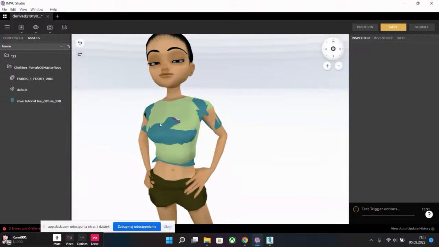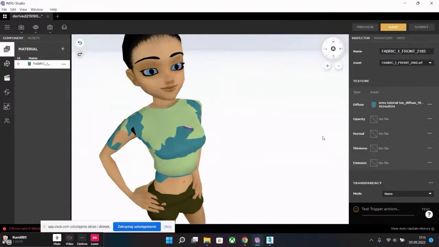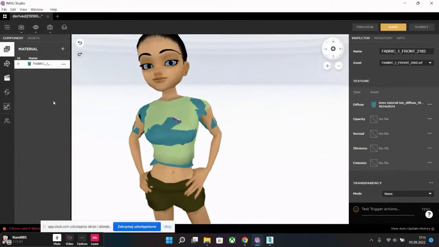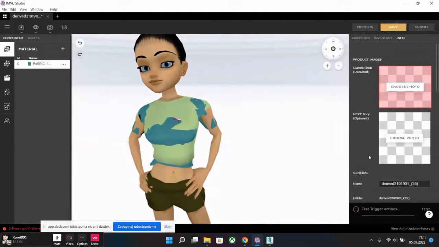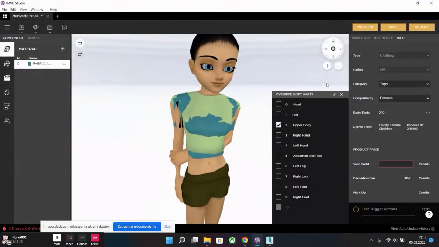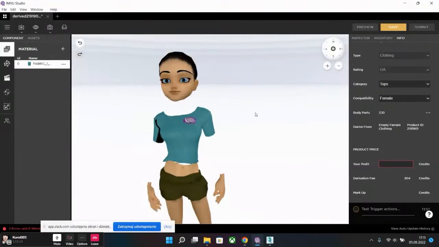Weird. Why? Why did you do this to me? Hmm. Let me just try to remove this one. Override. Preview. Well,